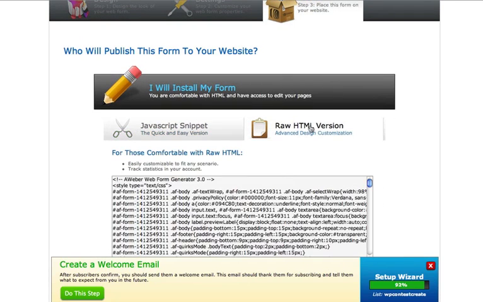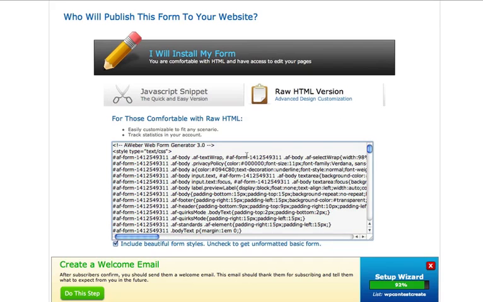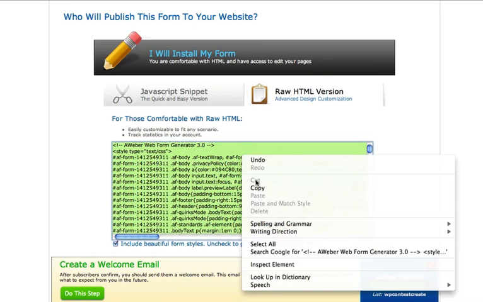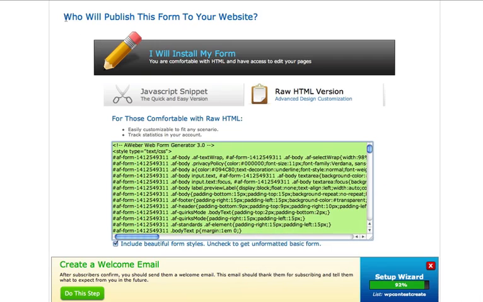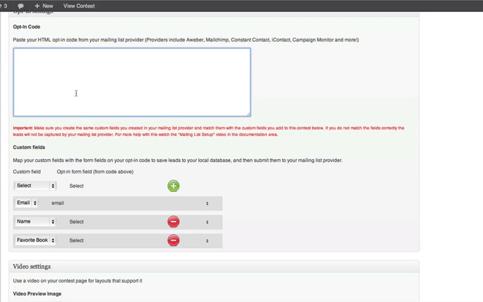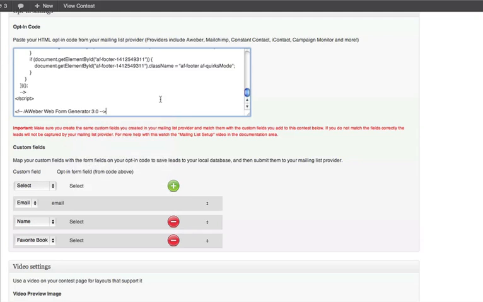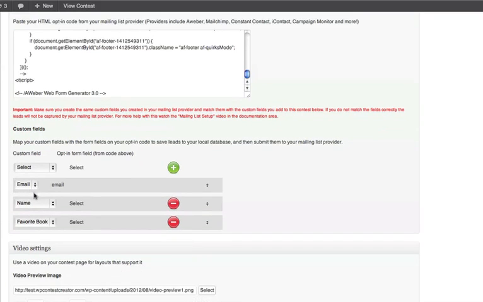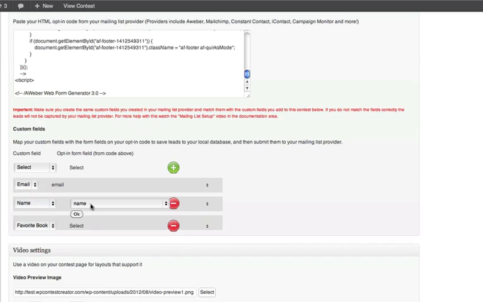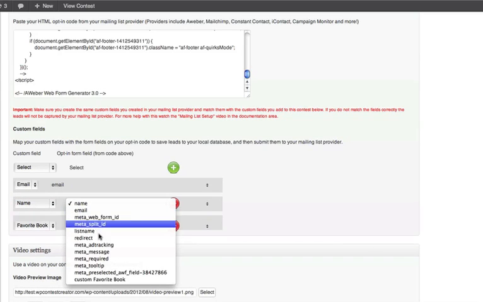Aweber has something called raw HTML version. So we're going to select all this with Control A, copy, and I'm going to paste it right into this box. Now watch what happens here. If I select, because now that I pasted this content into here, WP Contest Creator will detect the fields that we put in here. So now we see that this box will reveal